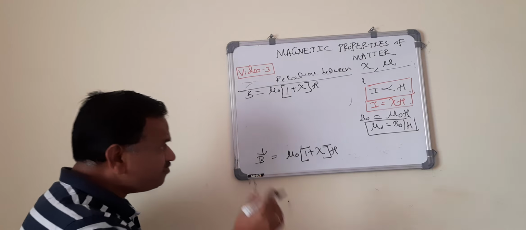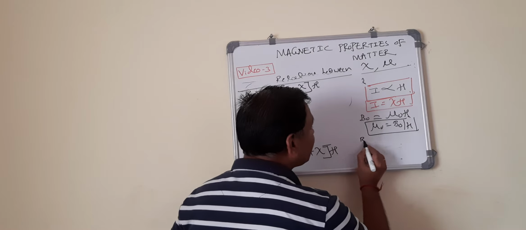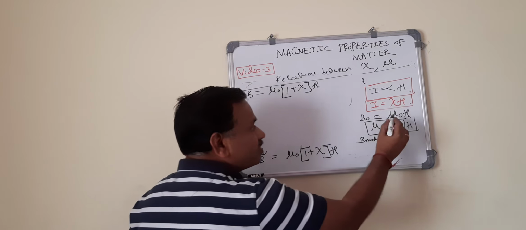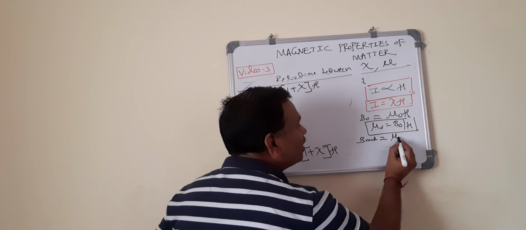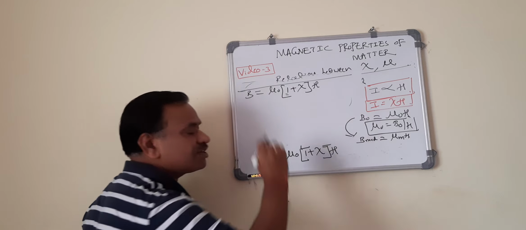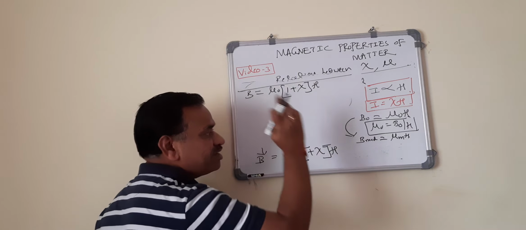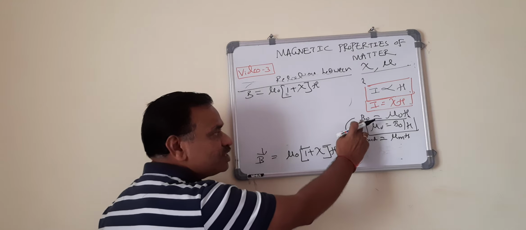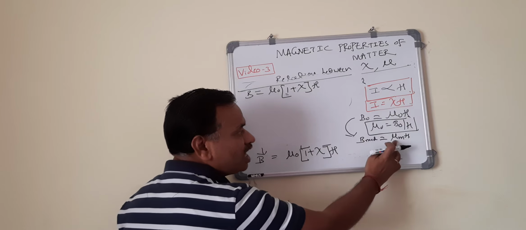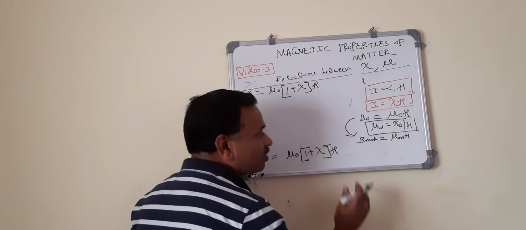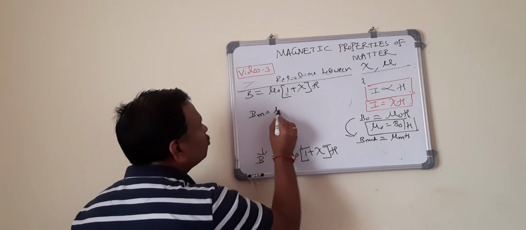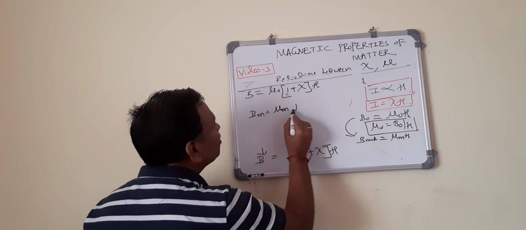Next, if there is a medium, then I will write B of medium equals, according to this equation, mu of medium into H. Here it is air medium; here it is any medium. So instead of writing B naught, I am writing B of medium, and instead of writing mu naught, I am writing mu of medium into H. Now you see, B of medium equals mu naught, mu of medium into